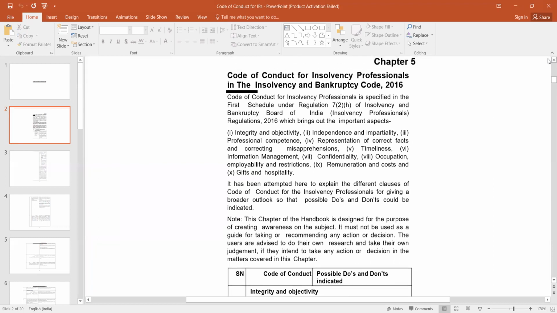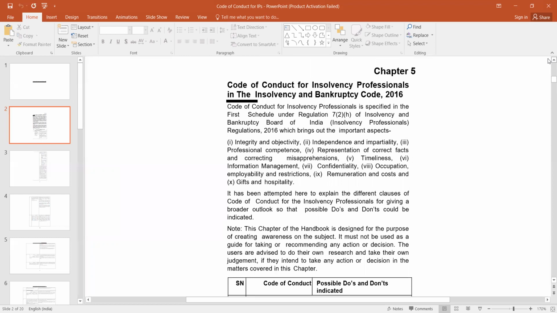So, in this booklet, which has been issued by IBBI, this is a handbook on do's and don'ts. I think I have already shared the entire booklet with you, rather the compilation of booklets. There are 5-6 booklets which have been issued by IBBI, and you must go through all those booklets if time permits. Definitely, I try to cover whatever is important in those booklets.